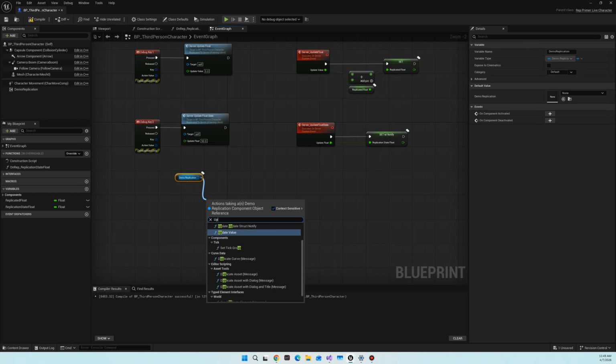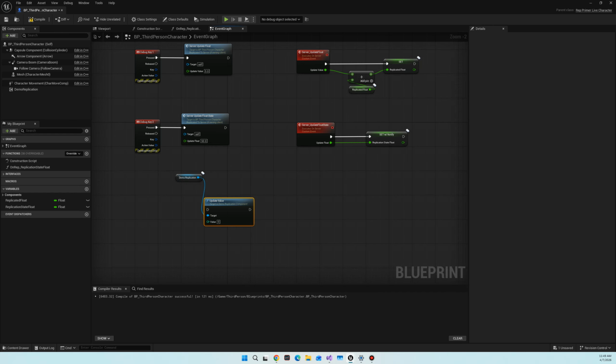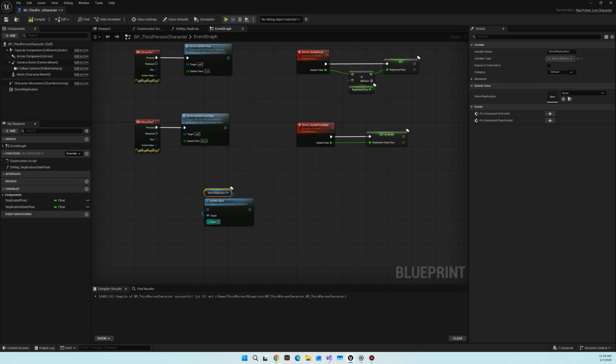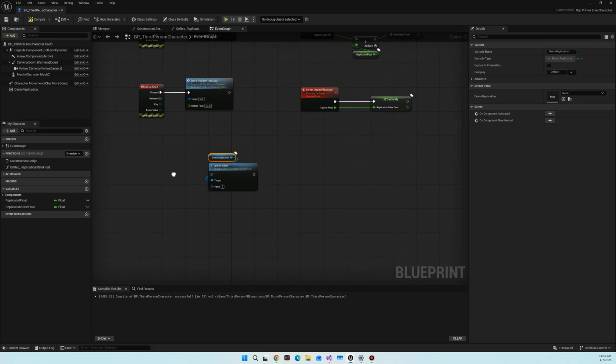Actually, yep. So we don't have access to our server functions because they're protected. So that's why we have these wrapper functions. So this is our update value. So what we're going to do is create another function. We're going to update this value, and then we should start seeing that show up in our character when we run in the project. So I'm going to set this to key